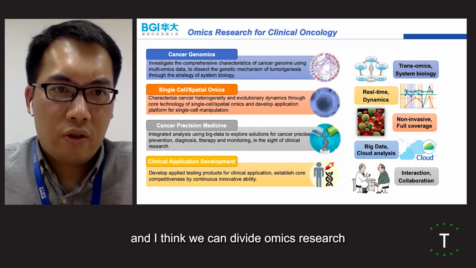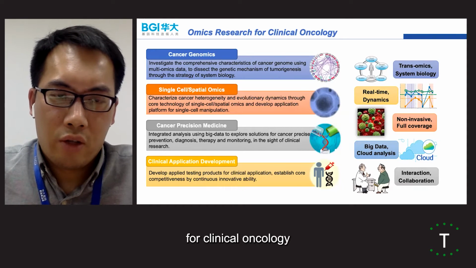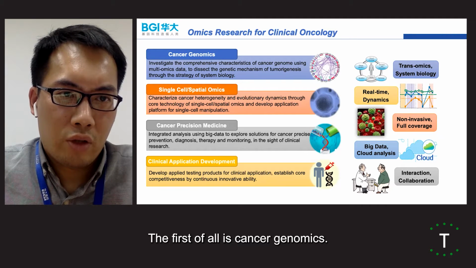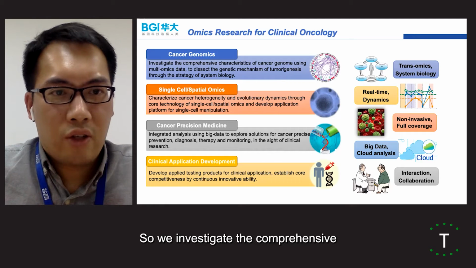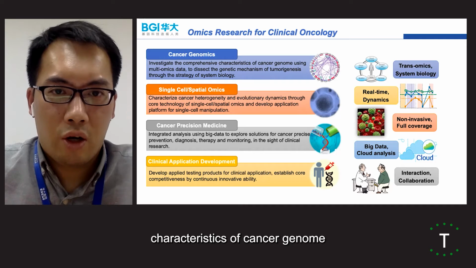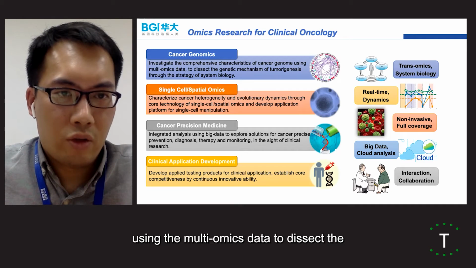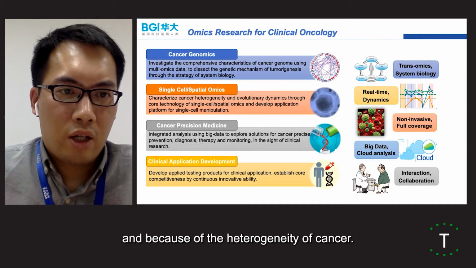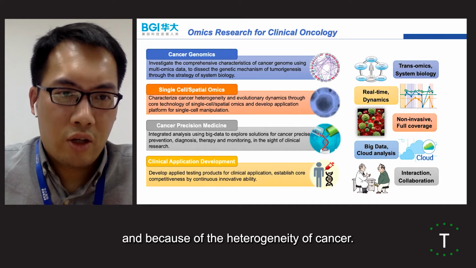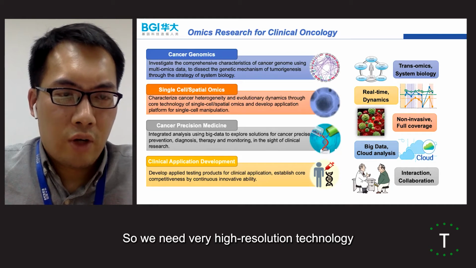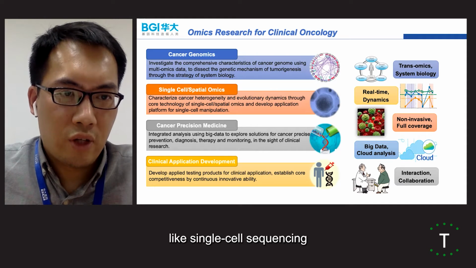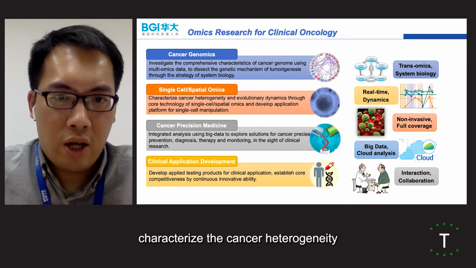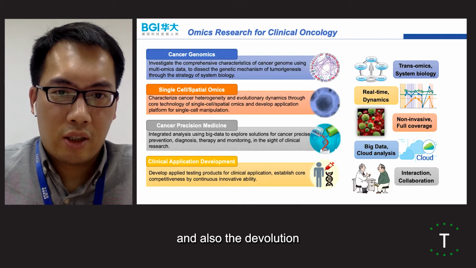And I think we can divide the omics research for clinical oncology into different parts, as I just mentioned. First of all is the cancer genomics study. So we investigate the comprehensive characteristics of the cancer genome using multi-omics data to dissect the genetic mechanisms of tumor development. And because of the heterogeneity of cancer, we need a very high resolution technology like single cell sequencing or spatial transcriptome sequencing to characterize the cancer heterogeneity and also the evolution dynamics